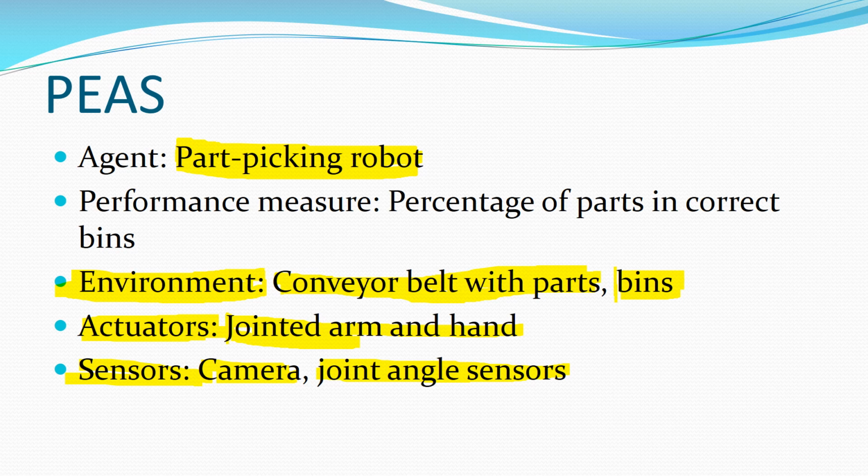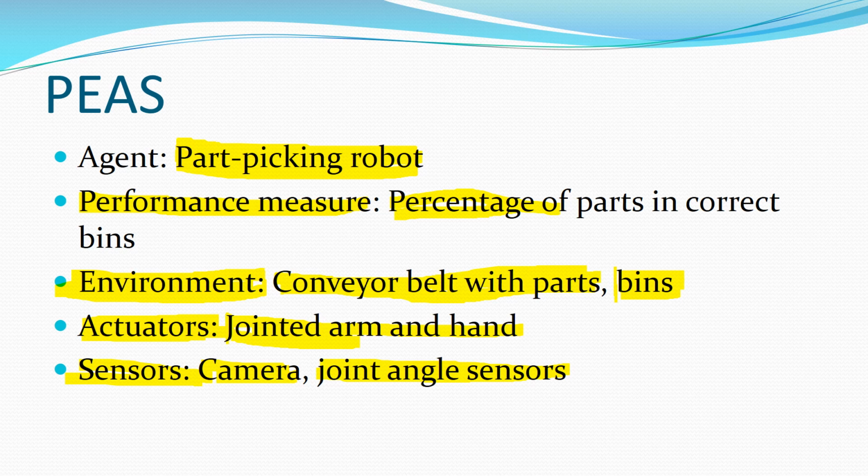Now, what are the performance measures here? Naturally, the performance measure is the percentage of parts in correct bins. That means whether the correct parts have been placed in the correct bin or not. And what is the percentage of it? That is, if 100% of parts are kept in the correct bins, in that case